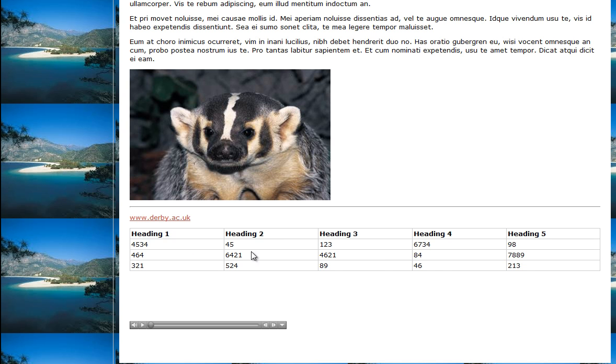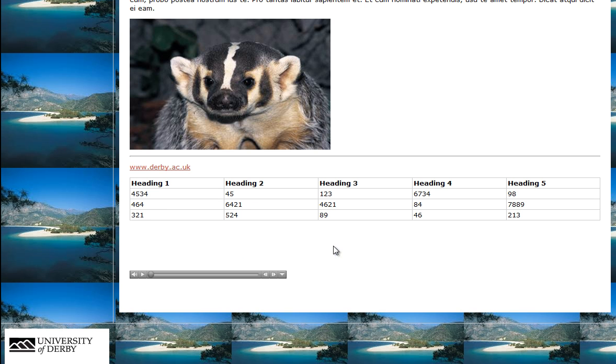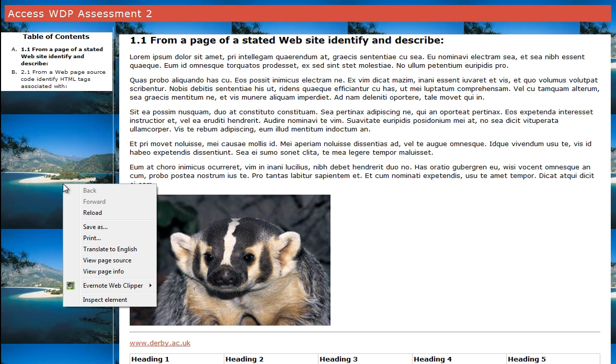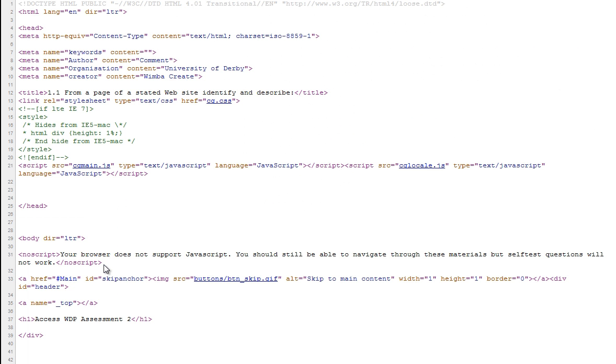Here we have a table. We'll see it's got table headings and then some data in the table. We've also got an embedded media player. So if I press this, we'll have some music. We also have a background, you'll see here, and what else do we have? All of this looks how it does because of a CSS, a cascading style sheet. So if we take a look at the source code by right-clicking and pressing View Page Source, you'll see that